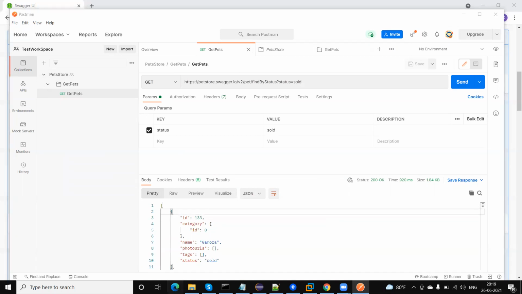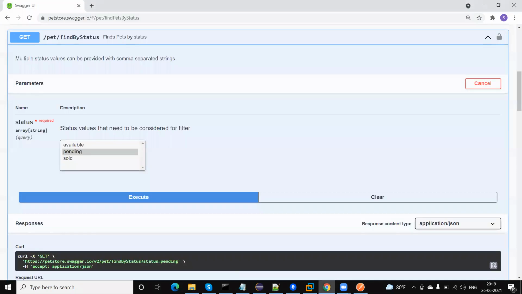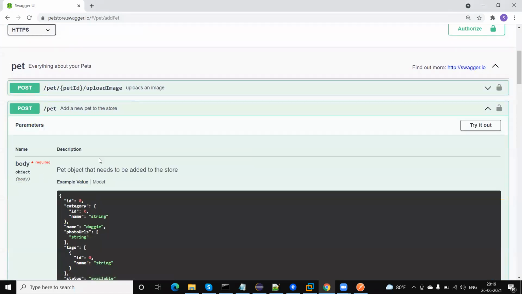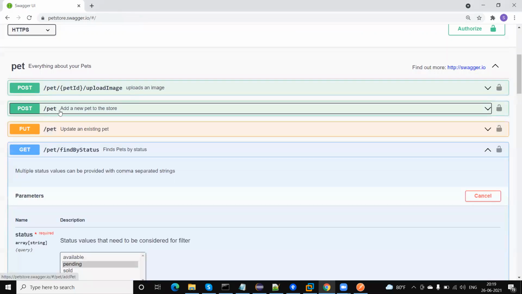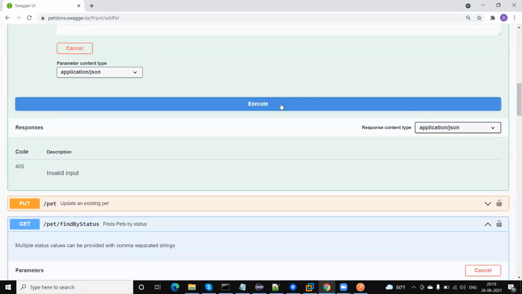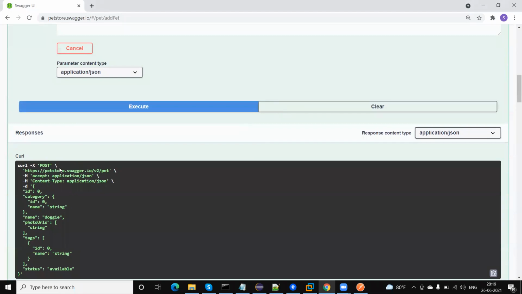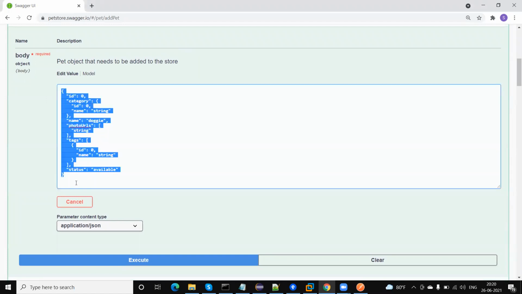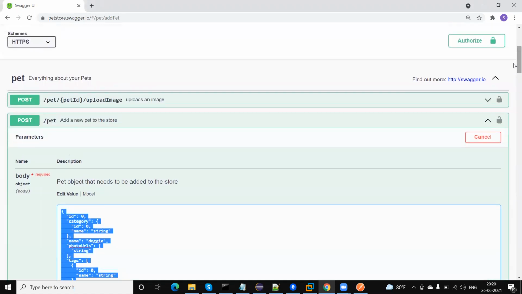Now let me add one more request, that is a POST request. There is another API here, post pets. In this request, its method type is POST and its URI is pet. Click on the try out button and then execute this. We will get all the details. So this is the endpoint URL. You can see the details I am sending. If I go here, you will get this JSON body. This is the body content and this is the POST request.